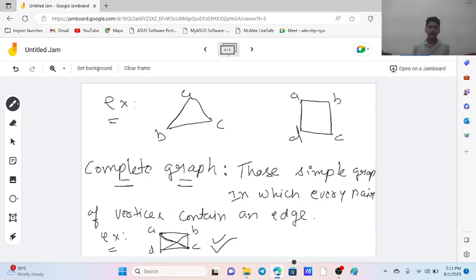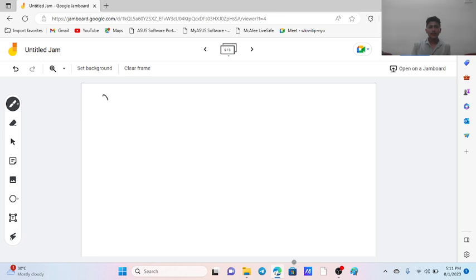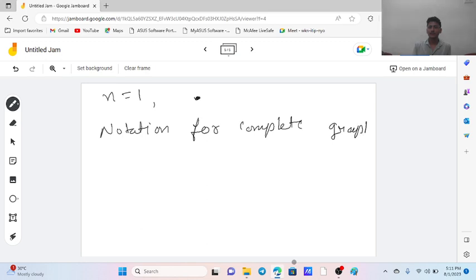So remember this thing, complete graphs are always simple graphs. Okay, so let's say for n equal to 1, that means vertices are 1, just this point is a complete graph. Okay, normally notation for complete graph is Kn.